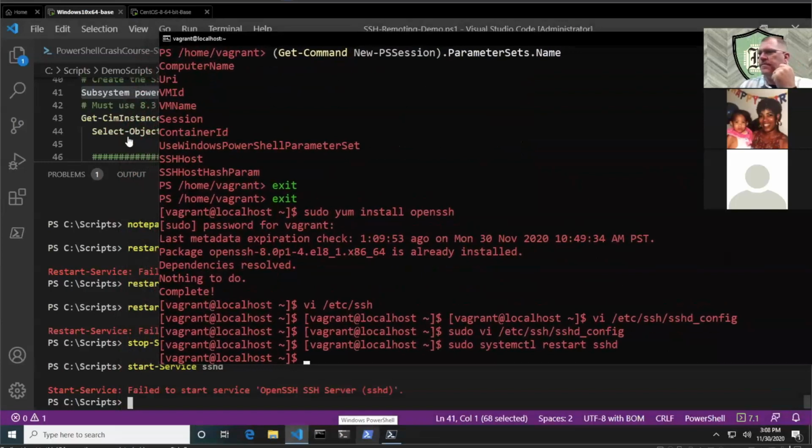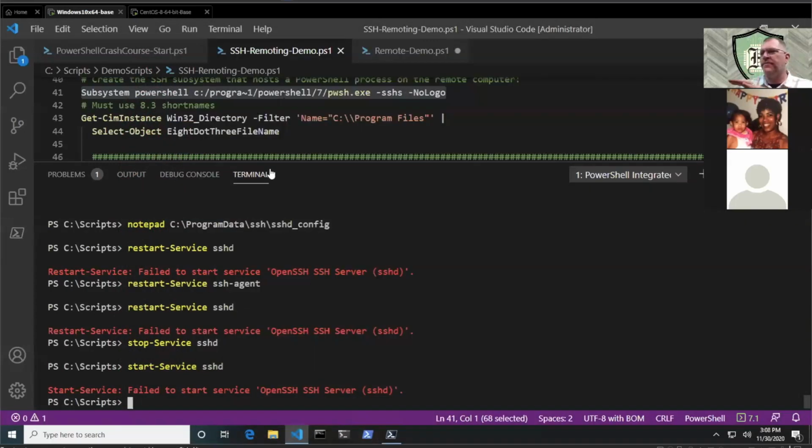Let's do, oh, one thing I wanted to point out, I'll work on this SSH server thing over break, but when you're putting in this statement here for the Windows machine, you have to use the 8.3 short names because the program files has a space in it. So this config file is not going to like that space. So you have to use what they call the 8.3 short names,